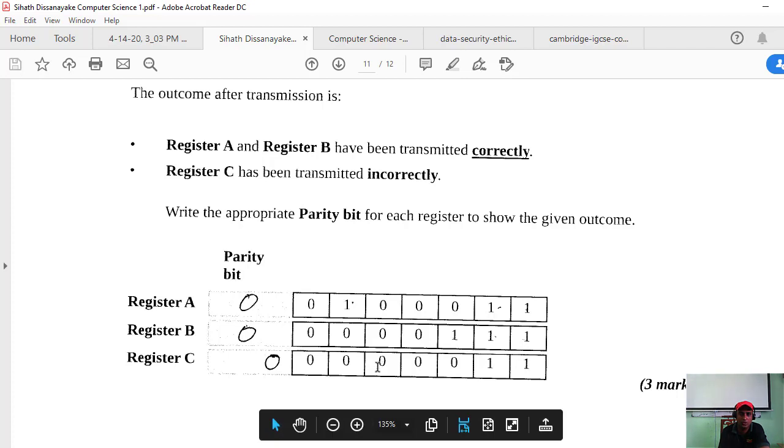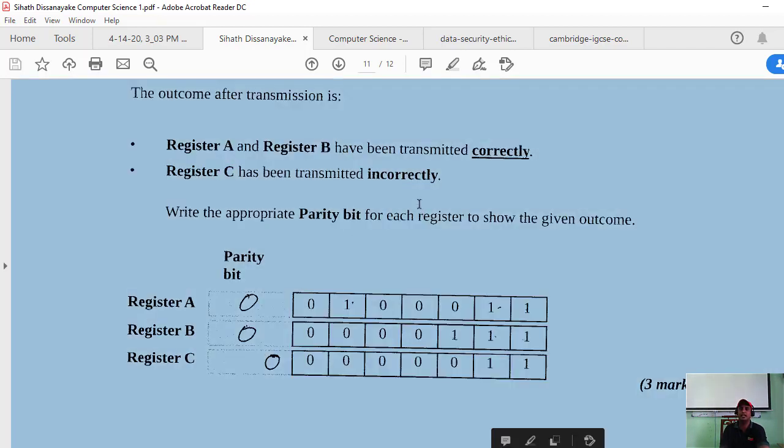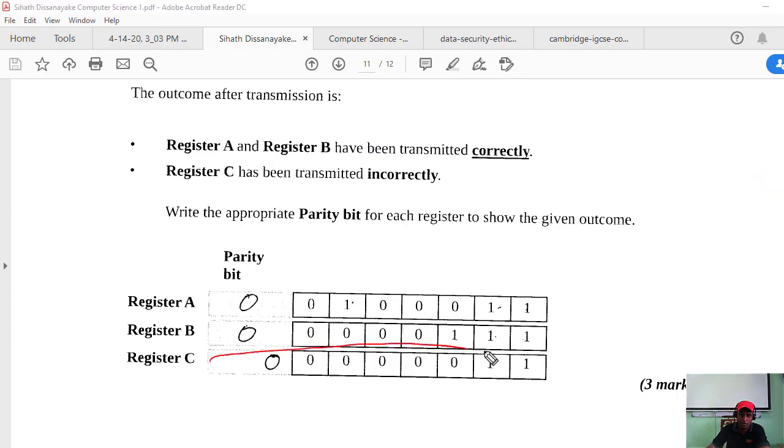How about C? C, yes, it's incorrect. Yes, it's 0. These two are correct. Because this is incorrect, it should definitely be 0. These are two correct values, right?